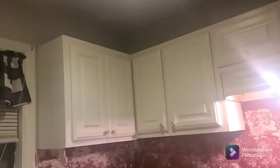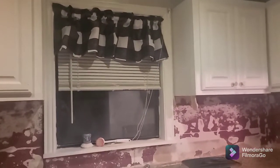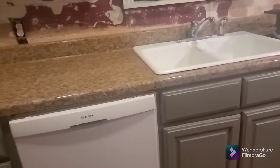I don't like plants and stuff. I just think that's a catch-all for dust and stuff. And get some new blinds up to date, and later change out that dishwasher. I have to put the knobs on here and paint and do some touch-ups,